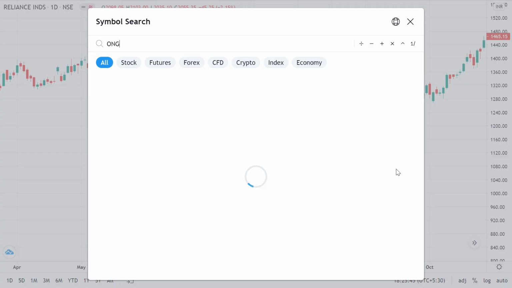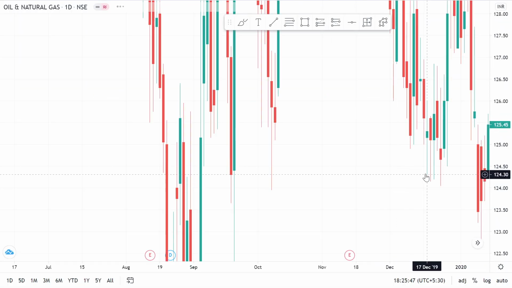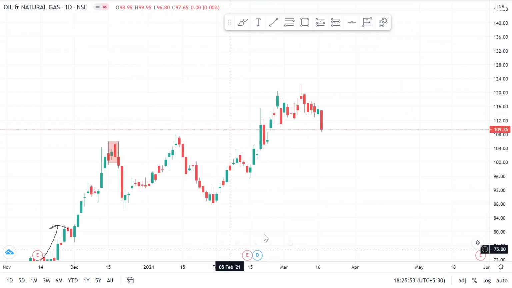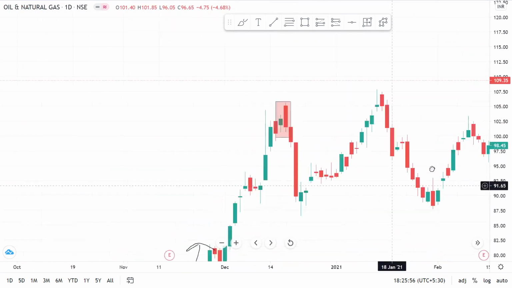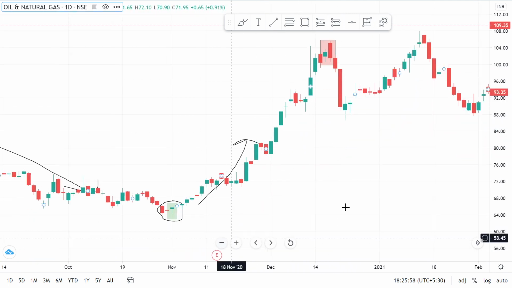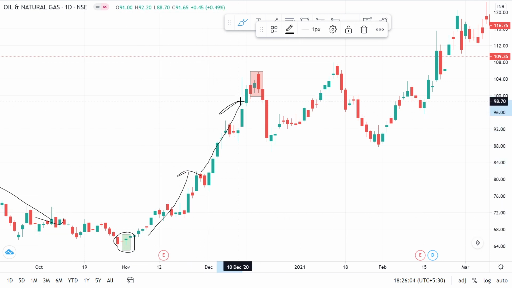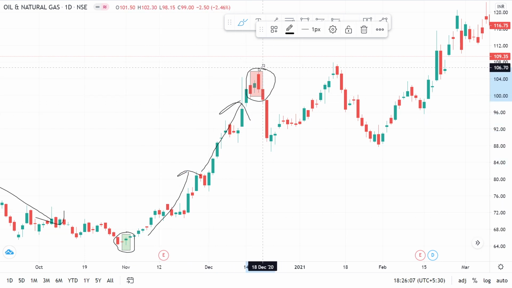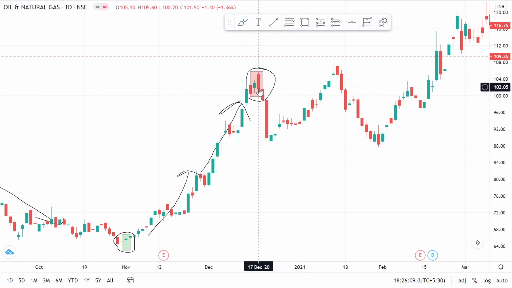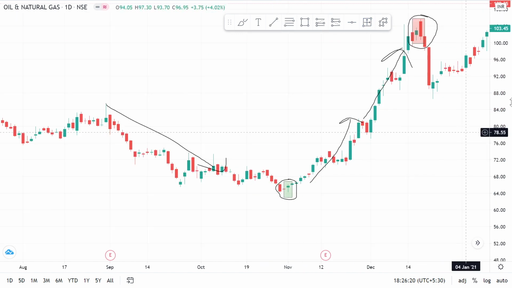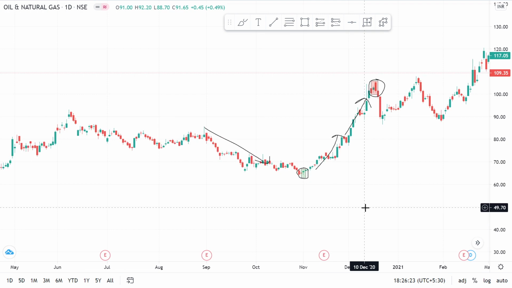An example of a bearish engulfing would be here. Right here, where price was in a very good uptrend. Here it formed a hammer as previously discussed, then it came up and then it formed a bearish reversal pattern, bearish engulfing, this whole red body covers the green body from high to low. And then you could see there was a clear fall of greater than 10%. So this was another example of a bearish engulfing pattern.